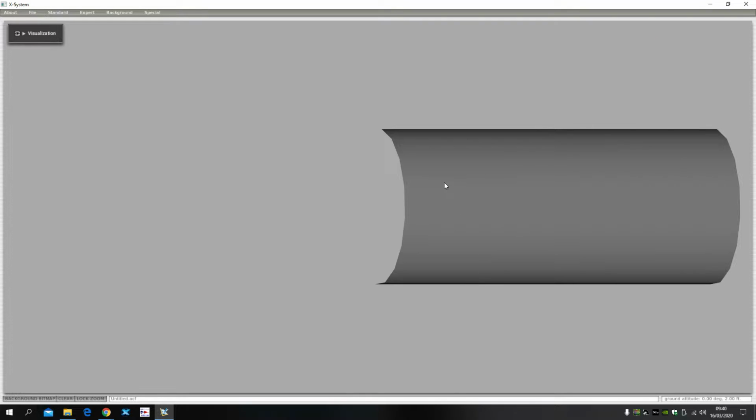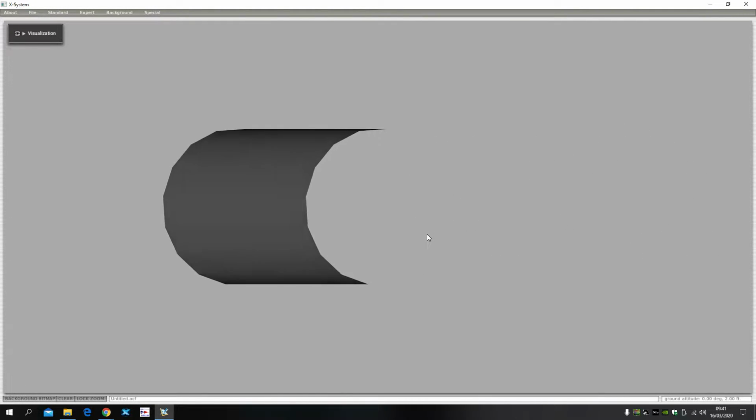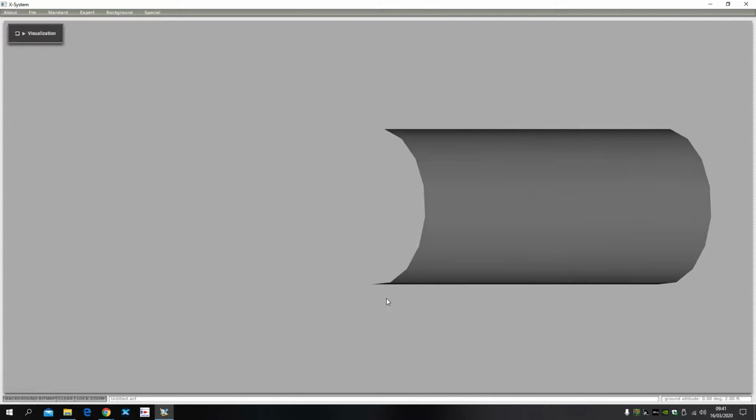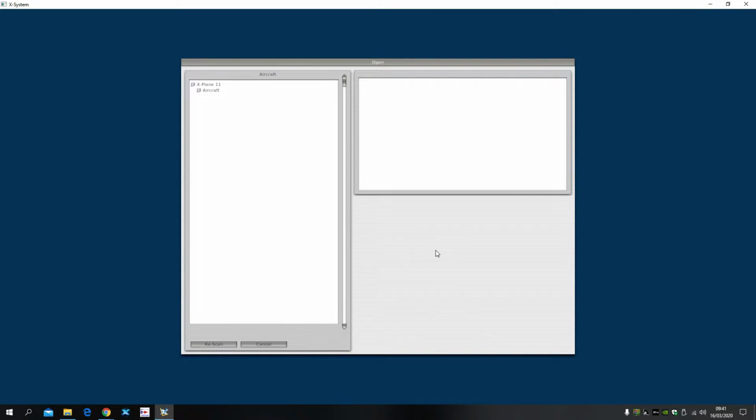Okie dokie, so when you load up PlaneMaker for the first time, it will load up something like this. No idea really what it's meant to be. It's like a tube of some sort, but has no relevance, doesn't matter. What we're going to do is go to the top where it says File and click Open, and it should